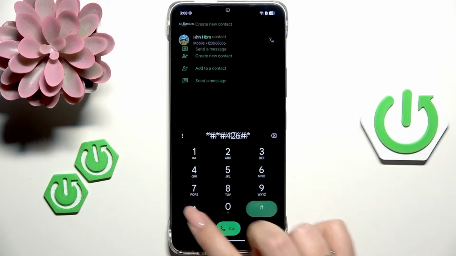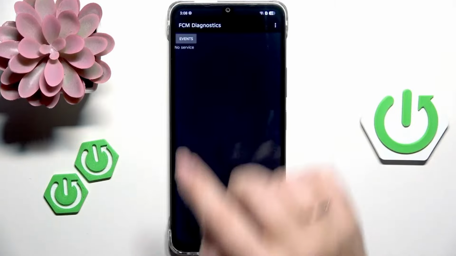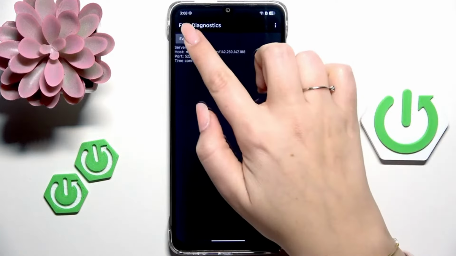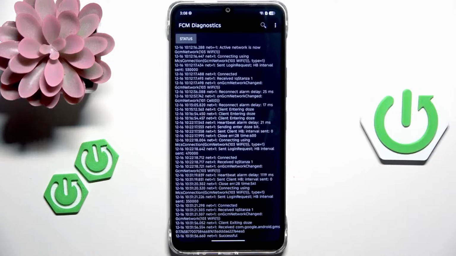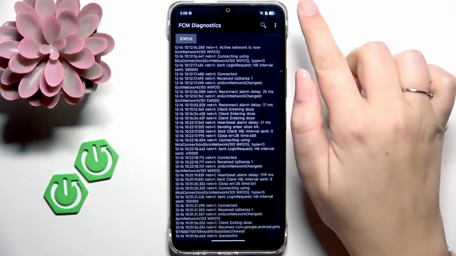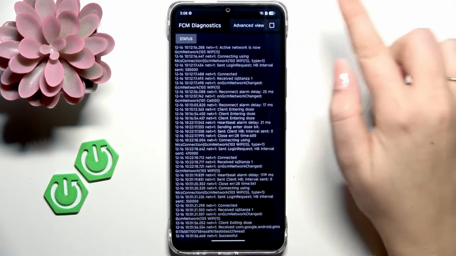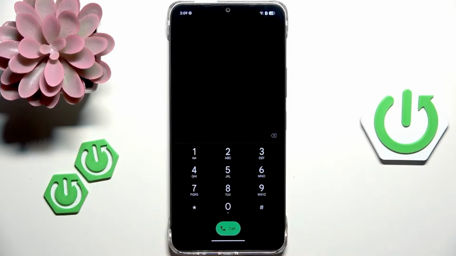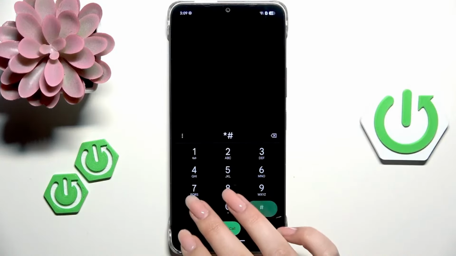*##426###, and here we are in the diagnostic, so we can check the server, host, port, time connected. We can also tap on events, and here we've got some further details. After tapping on the three dots icon, we can show advanced view. Just tap on the status again, and here we've got much more information. So for example, the heartbeat, last ping, or HB algorithm. Let's go back and let me show you the last code which works on this device, and it is